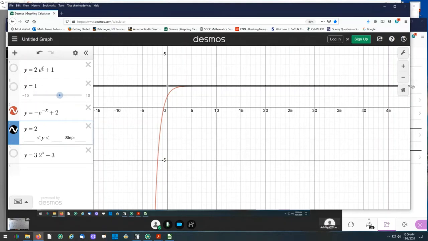Same thing over here. As x gets very large in the negative sense, I get e to the minus. That means I'm dividing by powers of e. So this term goes to 0 and it just leaves off the offset value over here. Same thing happens over here. If I take a look at this one,